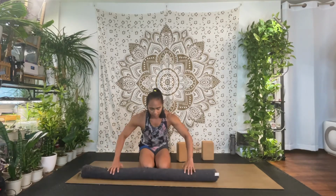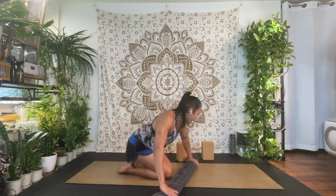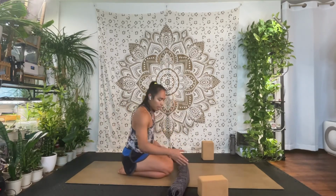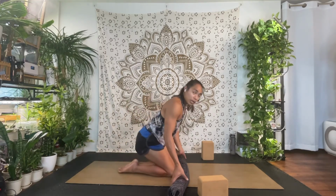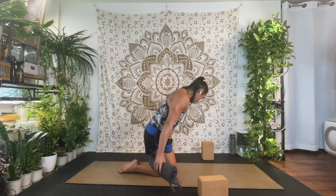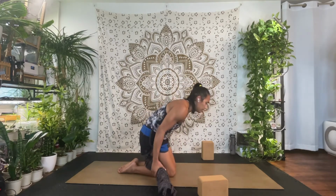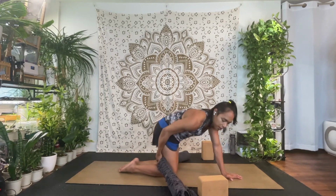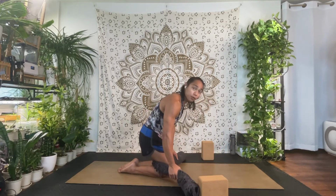And from here, you can watch first if you'd like. Have a block or two next to you because you might need it. We're coming into a kneeling position and we're going to lift up and slide this roll to the crease of our knees as much as we can. So really get it in there, really jam it in there and kind of pull it forward with your hands